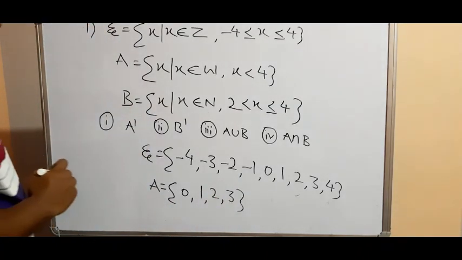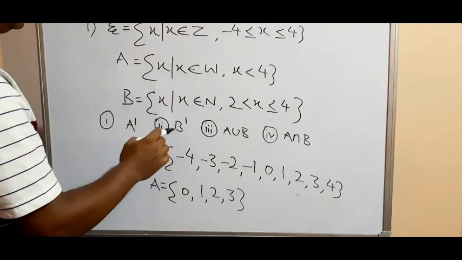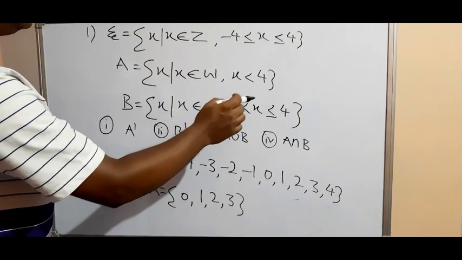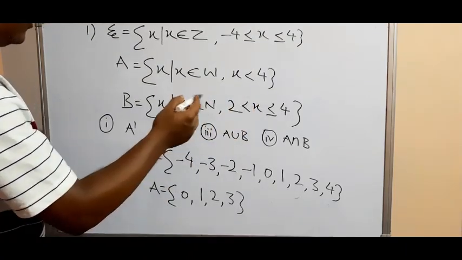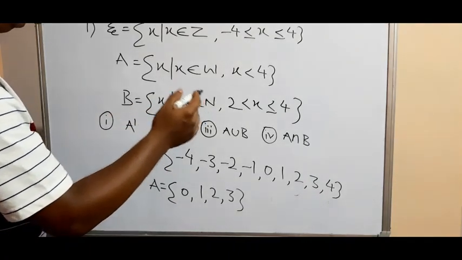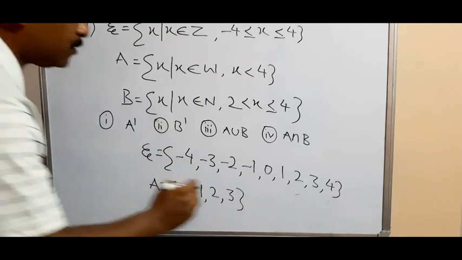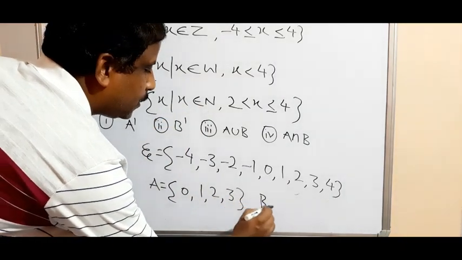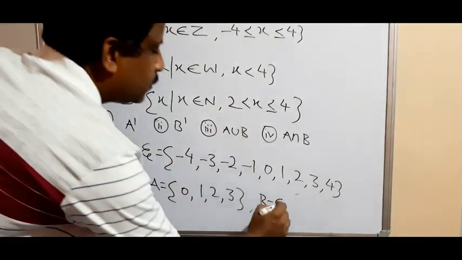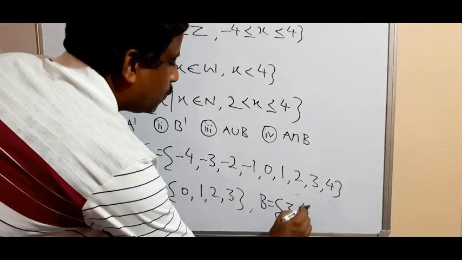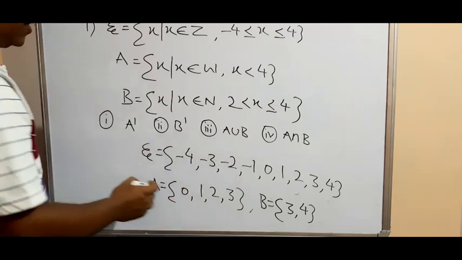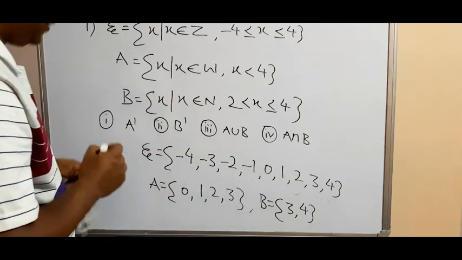Now the elements of set B. You see, x belongs to N, natural number. N means natural number. The range given is 2 less than x, but less than or equal to 4. So 2 is not included, only less than is given. So which number do you have to take? 3. Then less than or equal is also given, so 3, 4. So the elements of B are given here, 2 not included, so 3, 4. Understood B elements? Clear? Universal set elements you got, A set elements you got, B set elements you got.